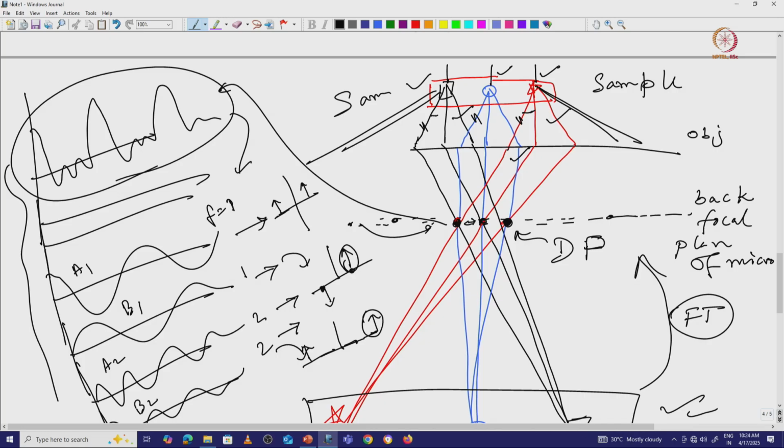We are not going into those details, but this is the correlation: we take this image, do the Fourier transform to get the diffraction pattern, and from there we do the rest of the analysis. This is the relation between these two. Let us come back to a 2D image and see how these diffraction patterns are coming.